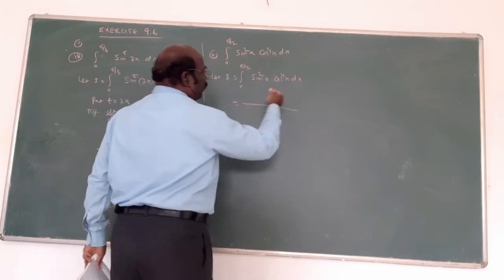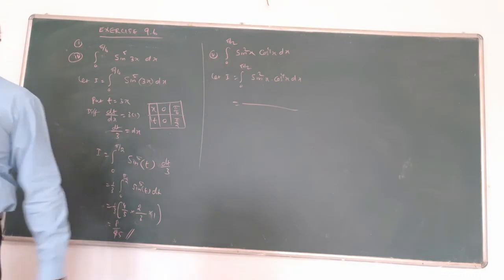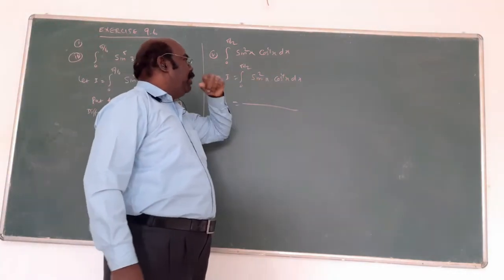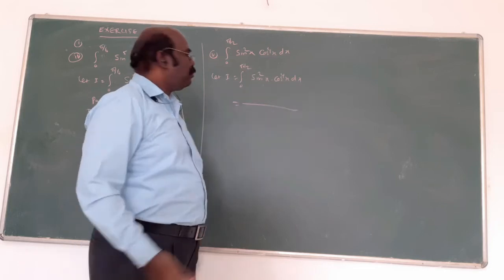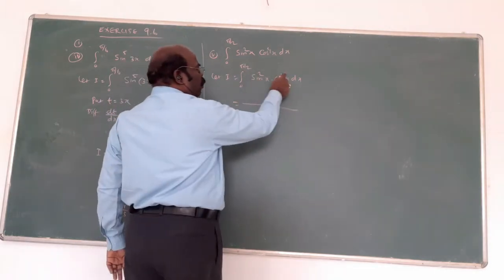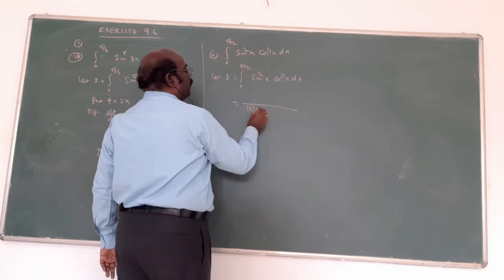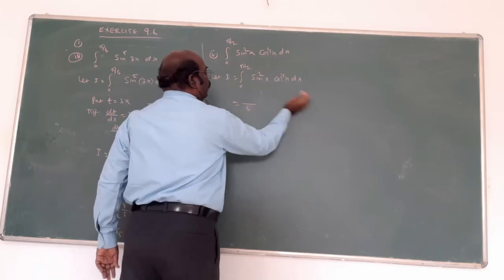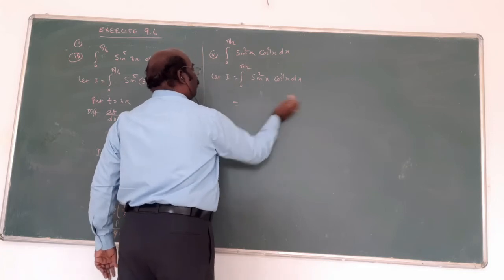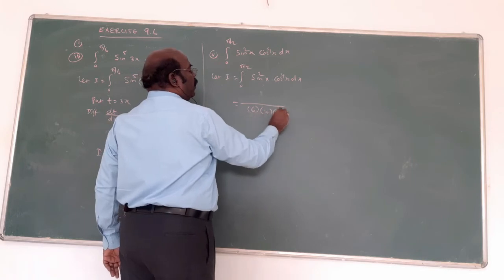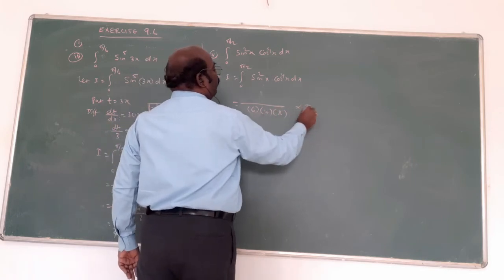What I told you? In a product of sin and cos involving pi by 2, both are even. Because the last step is pi by 2. Remember, 2 plus 4, sorry, 2 plus 4 is 6. Then 6 into, put the price, 6 into, reduce by 2, 4 into 2. Am I right? We get 5 by 2.